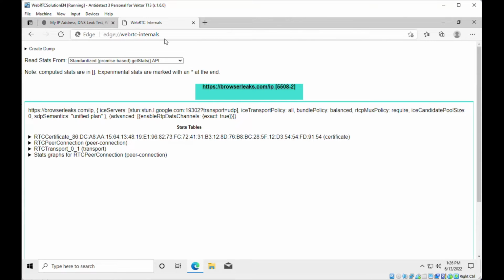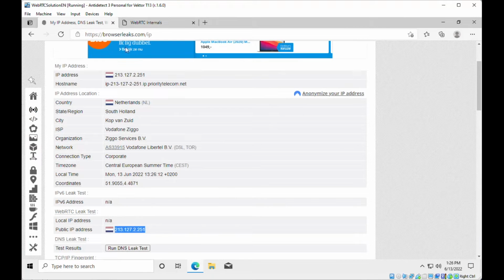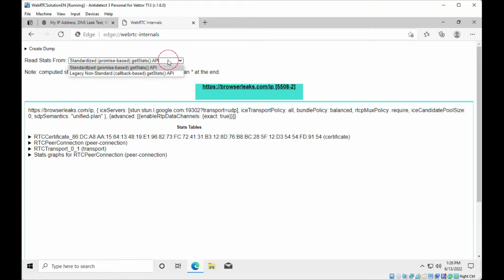And here you're inside the browser WebRTC API. As you see, there is browserleaks.com here. And if we select stats, if we read stats from the legacy non-standard API,